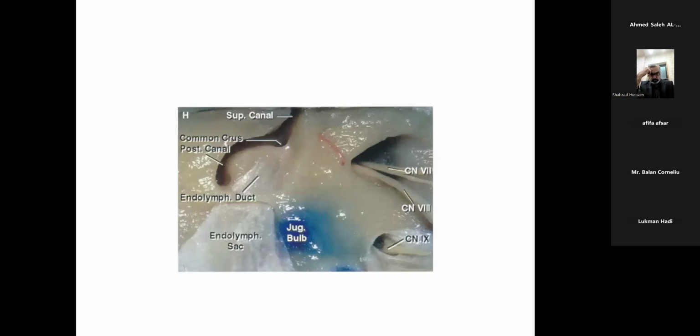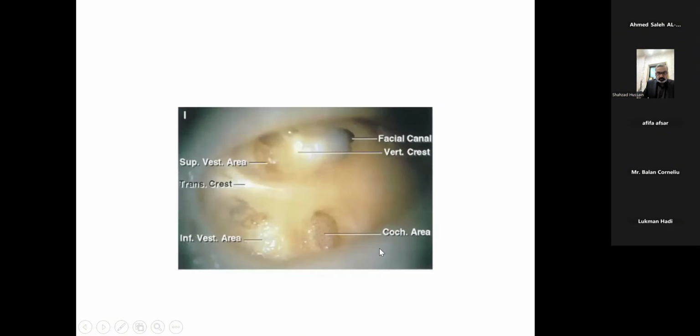This is again a similar picture showing us the orientation of the 7th 8th nerve complex as it is exiting the internal acoustic meatus and then traveling into the superior and the posterior semicircular canals, whereas the cranial nerve 9th, as it is exiting, this is going to be the jugular foramen. We can appreciate that the jugular bulb of the internal jugular vein can be seen here. Cranial nerve 9th and 10th are separated by a dural septum, which can be seen in this particular picture.